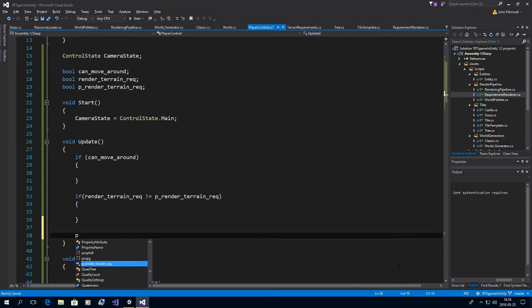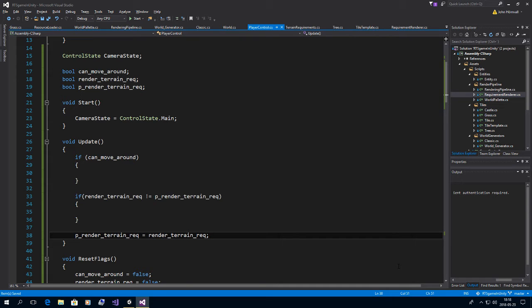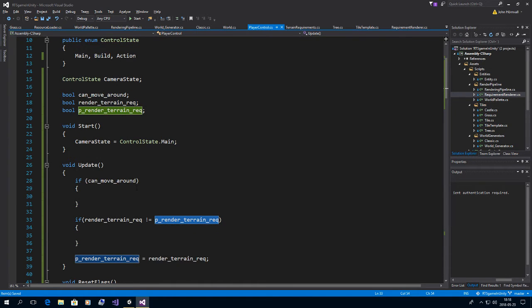And of course previous render terrain requirements equals render terrain requirements, because that's how previous stuff works. This is because we want to make sure that if we change the render terrain requirements, we can generate the mesh for it later. Okay, so this is the